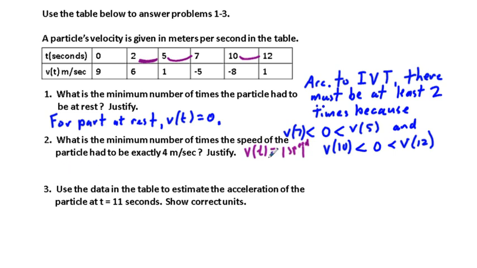So I'm just going to say, according to intermediate value theorem, there must be at least 3 times